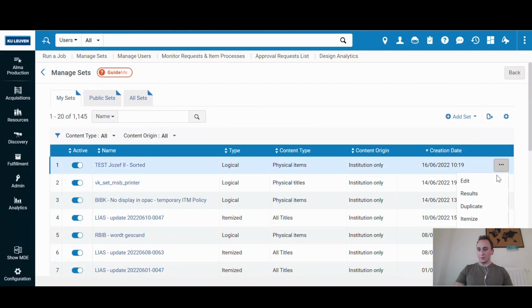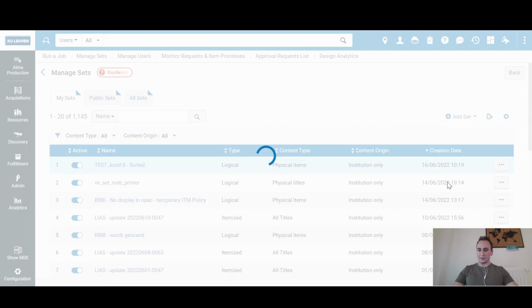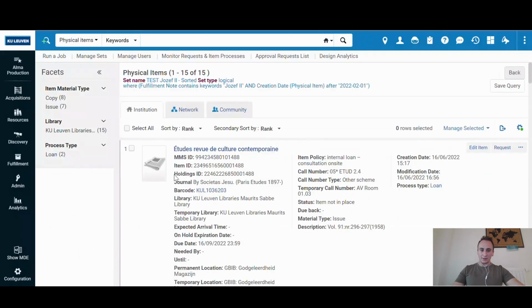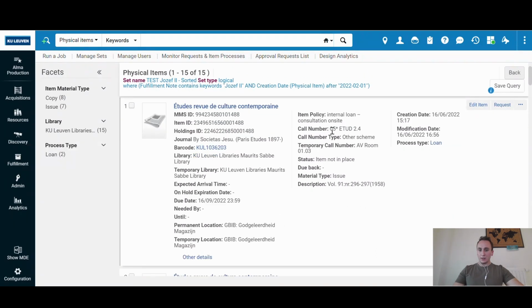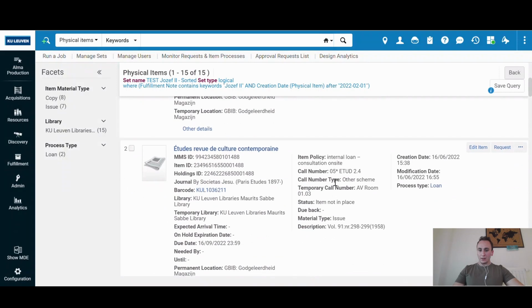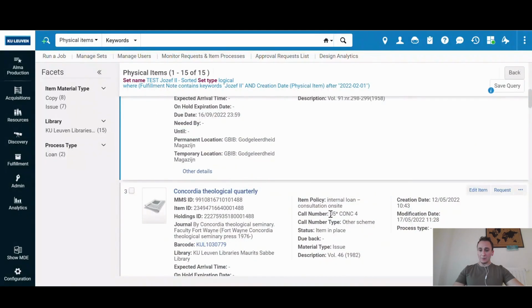So let's click on the three dots menu and let's access the results. Here we have this test set of Joseph 2 that is designed specifically for this tutorial. We can see that by default our items are sorted by rank. By the way, we have 15 items in this set. In the call number section, the second item has the call number 05*E, and the third item has the call number 05*C.